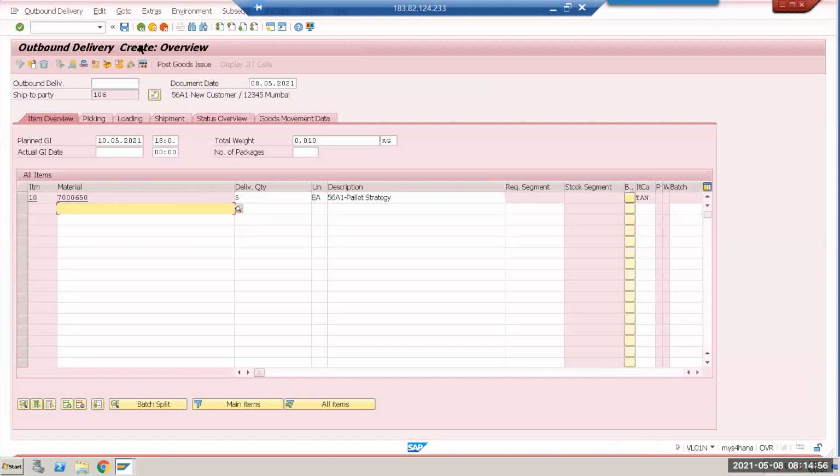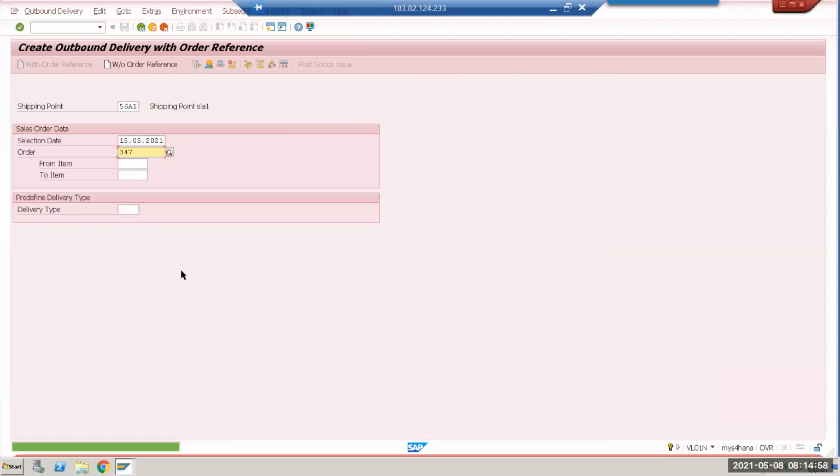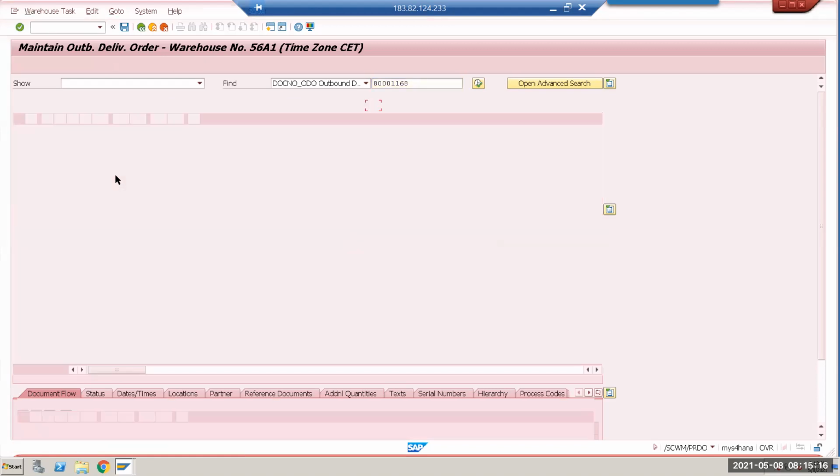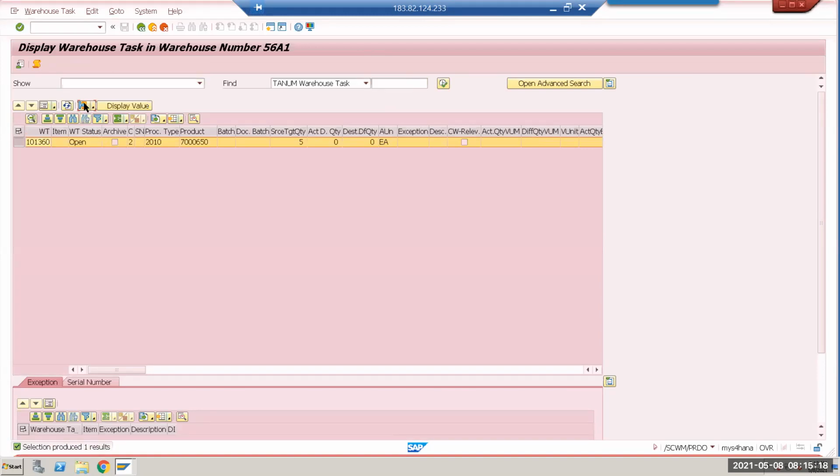So let's do one thing. I'm just 1168. Edit and execute. How my system is going to be. Looks like a task also created for this. Yeah.